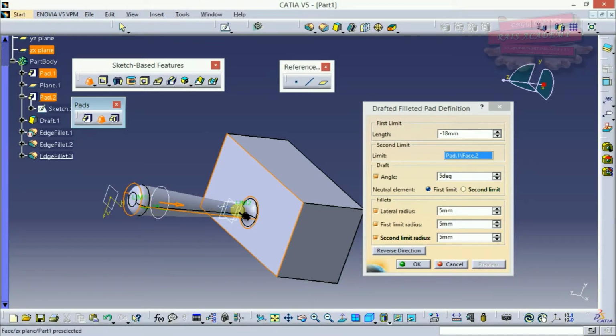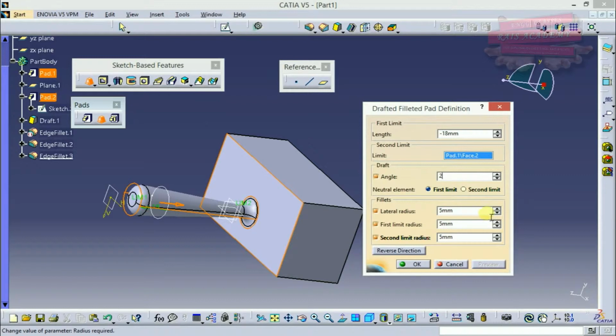So I can change these dimensions, I can change the direction or the look of this profile by changing the angle. I don't want such a steep taper, so I can specify the taper angle to be 2. Okay, so now I have selected the angle to be 2.